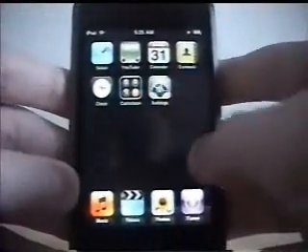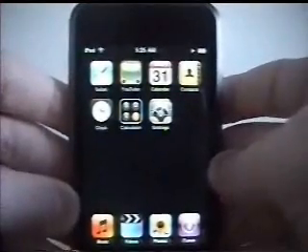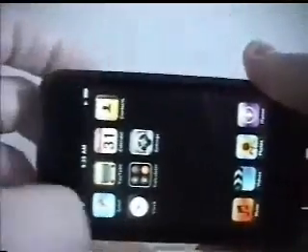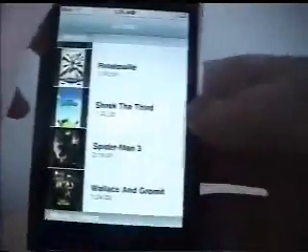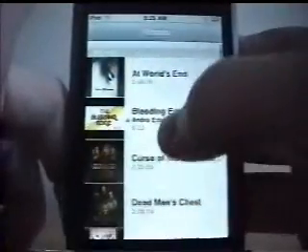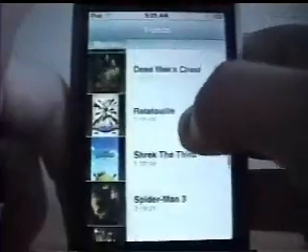The other thing is, this is the first true video iPod, because of the 3.5 inch screen. So let's look at the videos. I put some movies on here, as you can see, like Spider-Man and Pirates of the Caribbean. That doesn't belong there, but I'll deal with that later. Ratatouille and